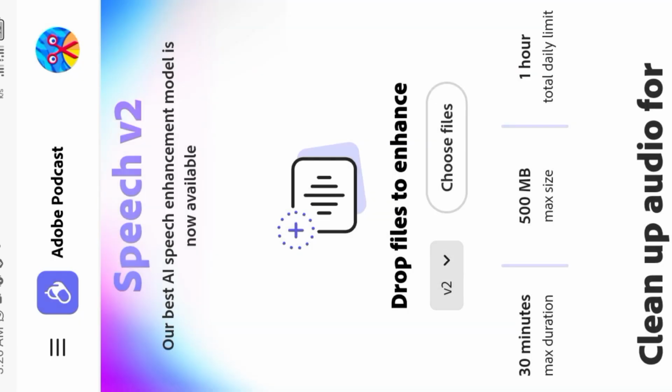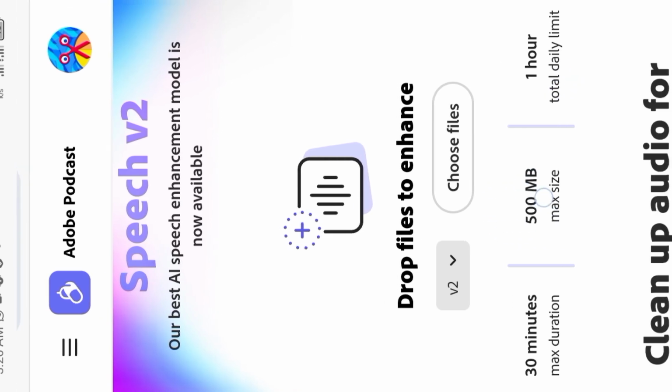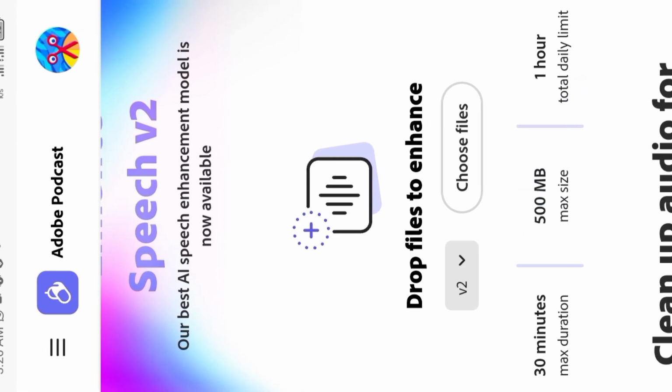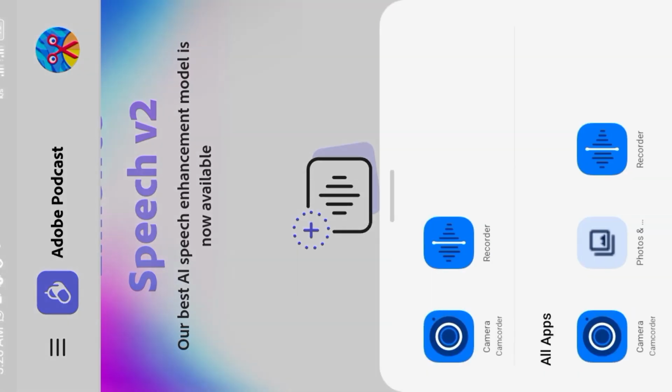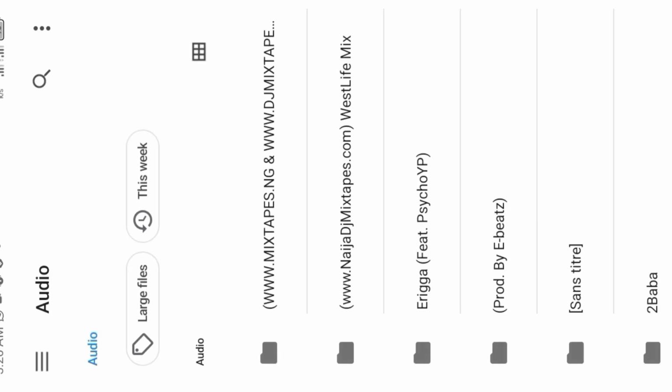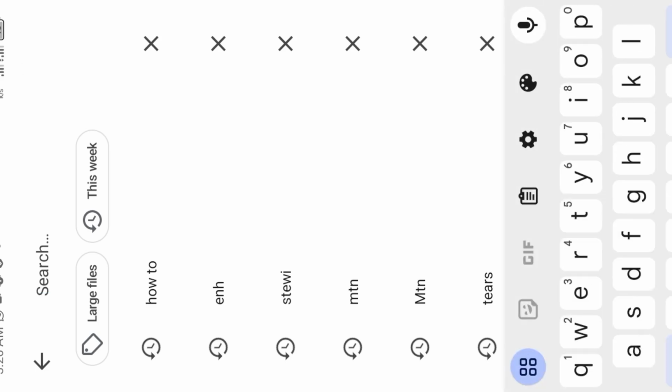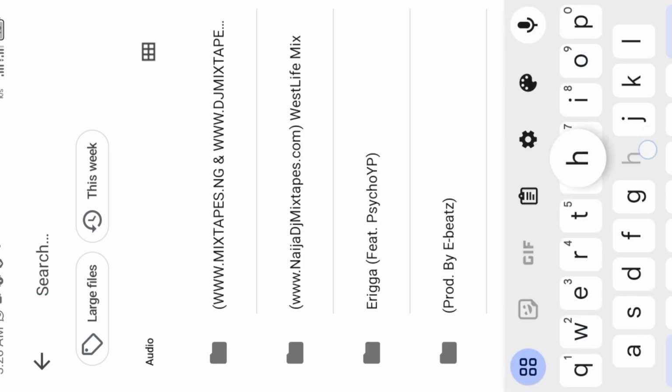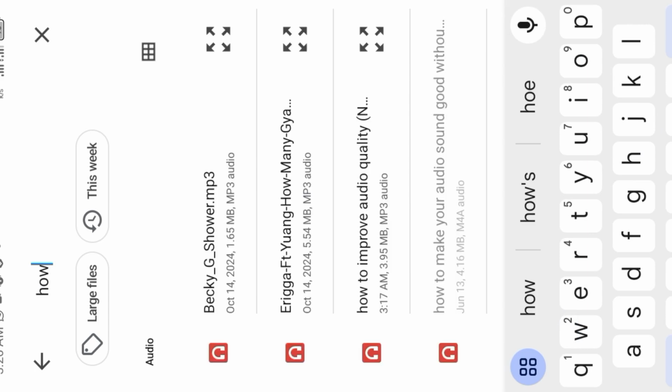Mind you, there's this place where they write V1, V2. This V2 here, you can change it to V1. I'm using V2 because V2 is for indoor video, like video that does not have a lot of external sound.